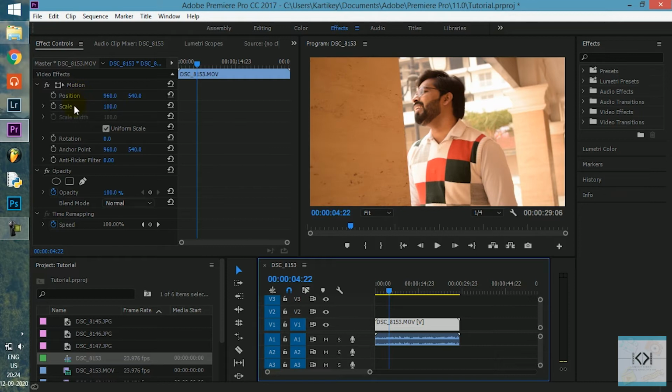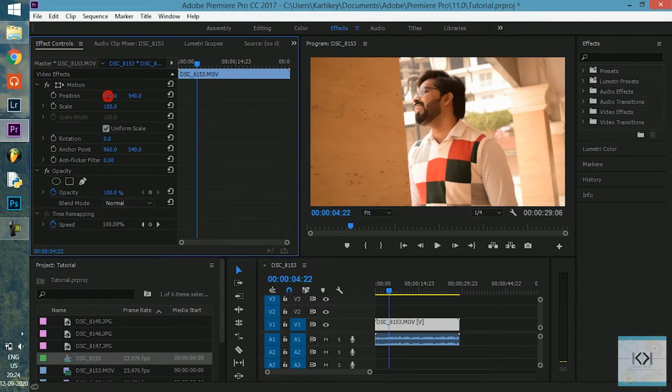There is position, scale, rotation, anchor point and anti-flicker, which we will get to know in some other video, opacity, and time remapping. Position is basically the X and Y position of this video with respect to the center point.